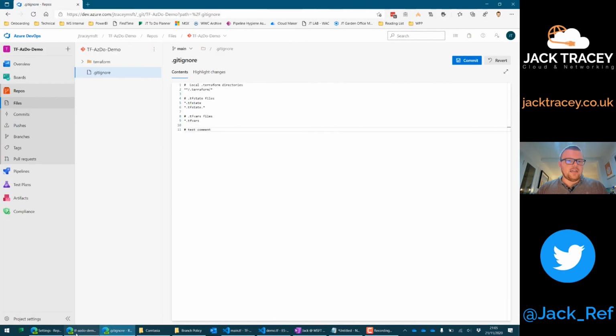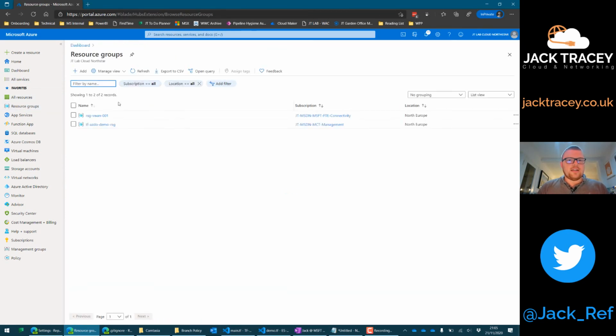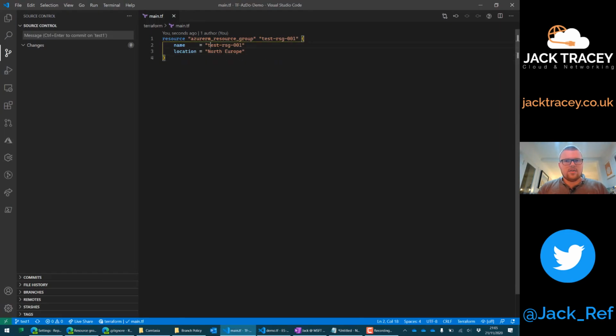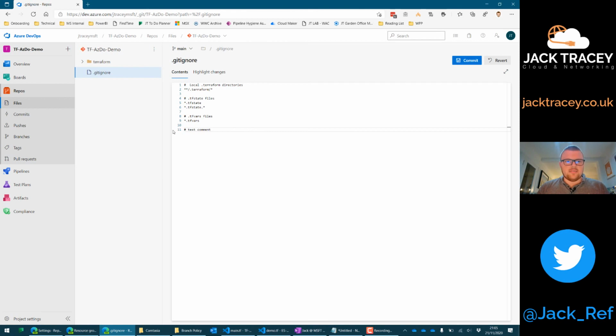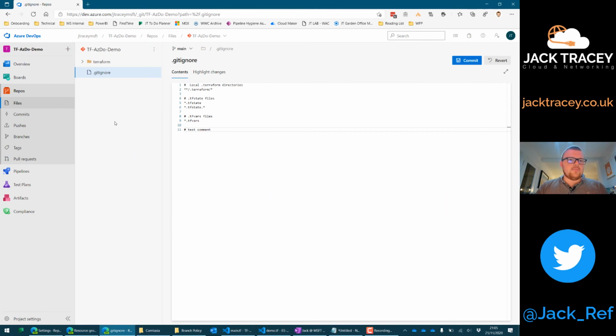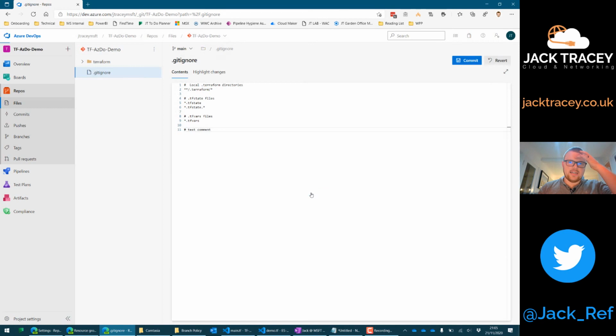And if we go back into our Azure environment, first of all, let's just go into our resource groups. And as you can see, we don't have a resource group called test RSG 001. So that doesn't exist at the moment. So we don't see that here in our Azure environment, but hopefully after this process, we will. So let's go back into our Azure DevOps environment and click back on files, and let's just leave on